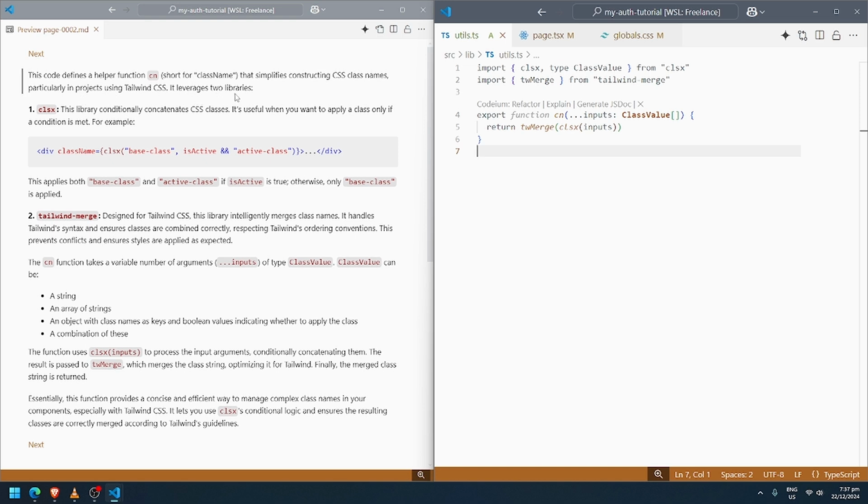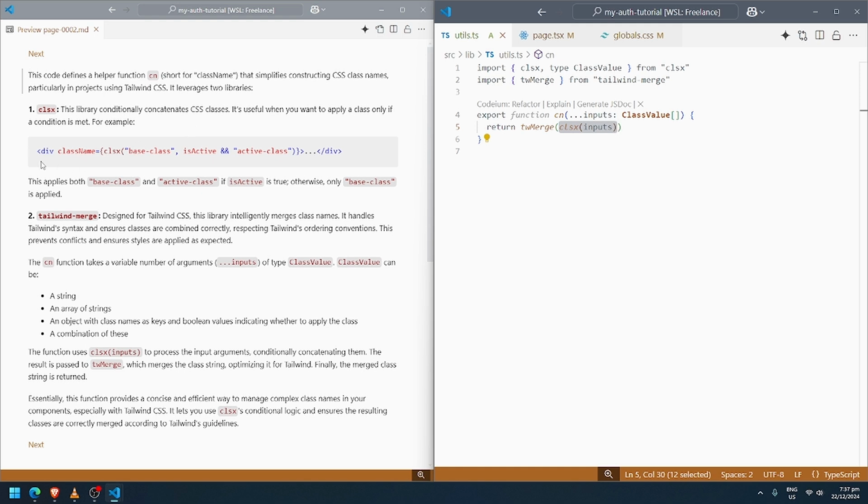It leverages two libraries, clsx, this one, clsx. This library conditionally concatenates CSS classes. It's useful when you want to apply a class only if a condition is met.